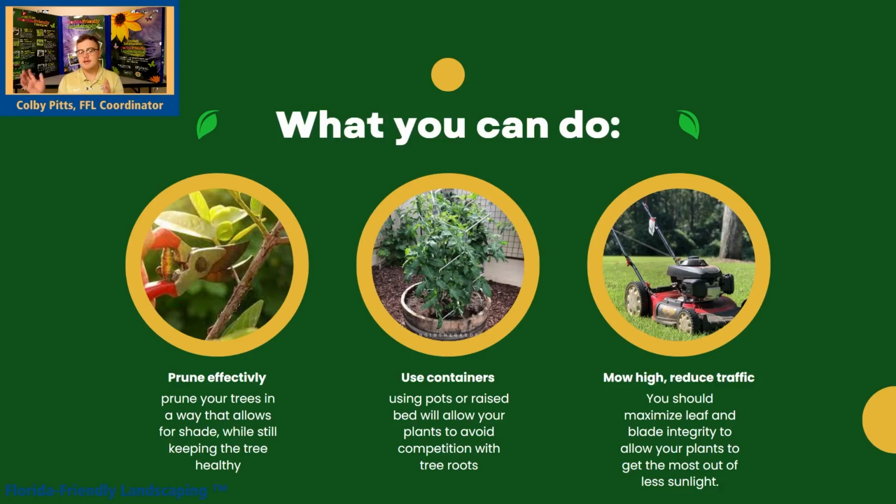The other one I have is mowing high and reducing traffic. You want to make sure that your leaves on your ground plants are as healthy and large as possible. So mow it high. We already recommend that St. Augustine grass be mowed to 4 inches, but if it's in your backyard somewhere super shady, you might want to just let it get a little bit higher, because it basically makes those solar panels that I was talking about a lot bigger, allows them to absorb more energy from the sun,